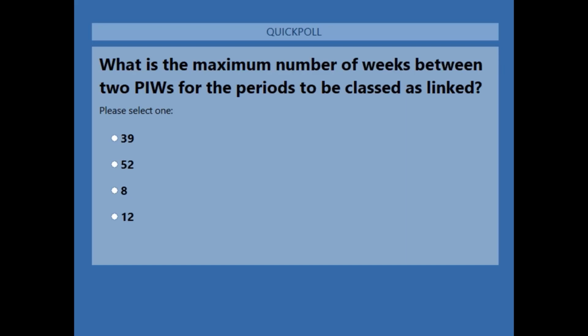Is it 8 weeks? Or is it 12 weeks? So what is the maximum number of weeks between 2 PIWs for the periods to be classed as linked? So got some good answers coming in here. Just had a minute, so we will close that down